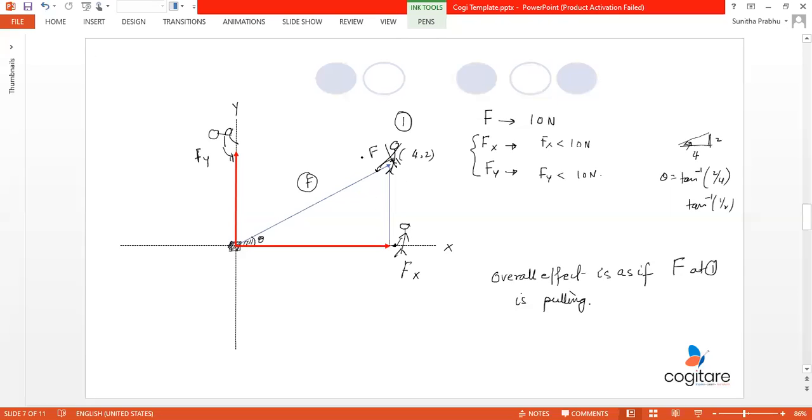Then how will they correlate to F? You will say Fx square plus Fy square under root is equal to F. It's nothing but the Pythagoras theorem basically. So if you see,